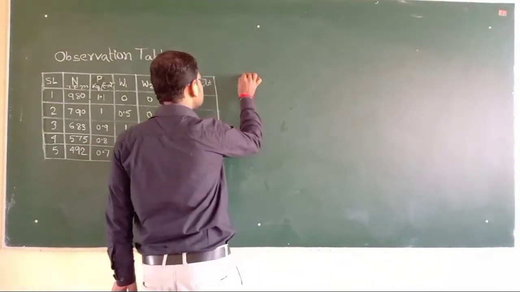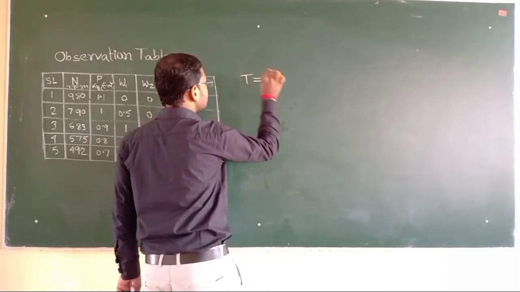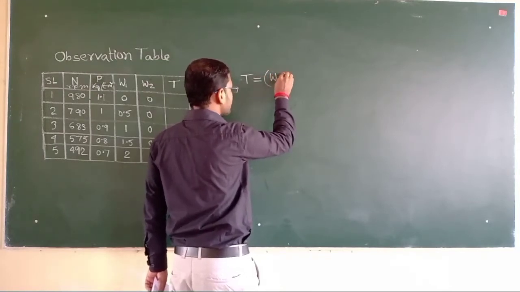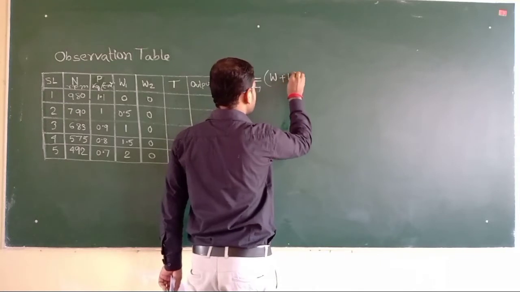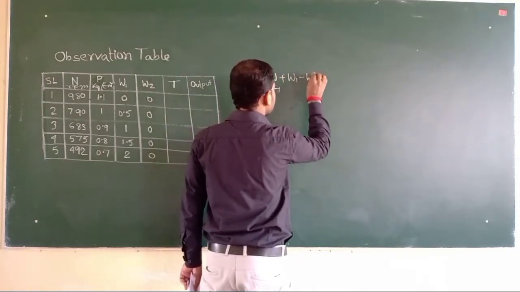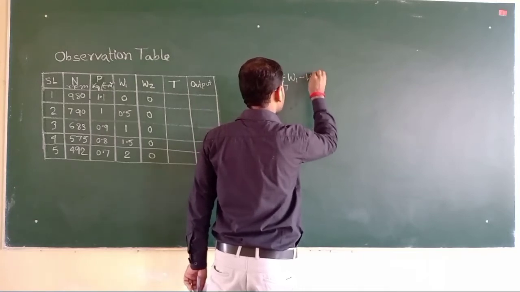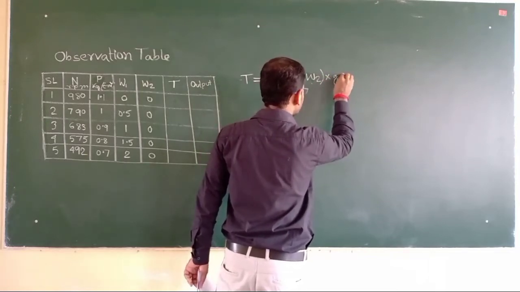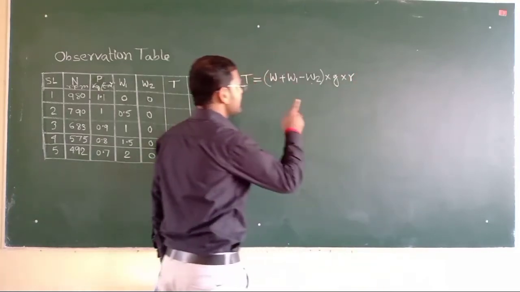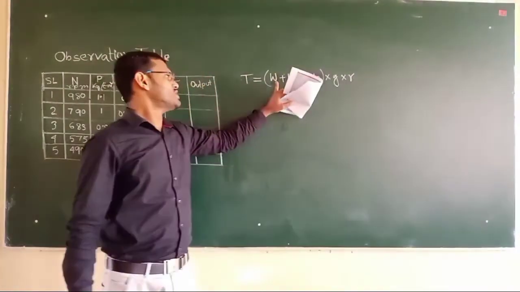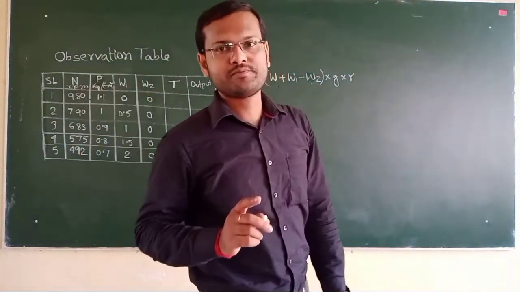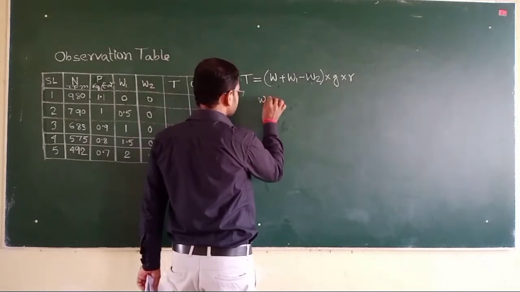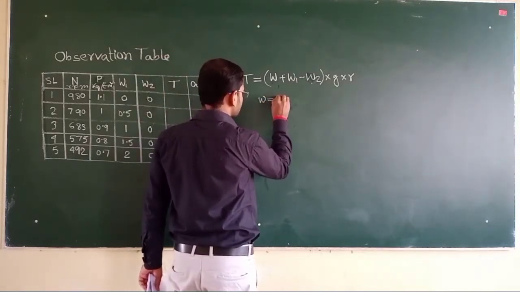Okay. Now we calculate the T. T means torque. The formula of T is equal to (W plus W1 minus W2) into G into R. Here W means weight of the drum, that is previously given. The value of W, weight of drum,